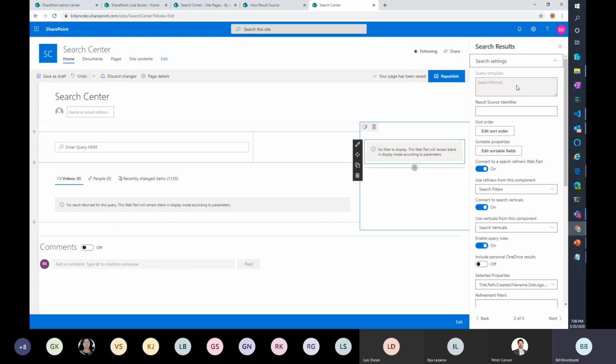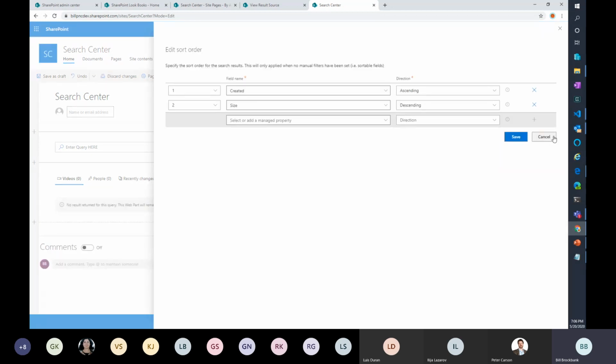The next one you get, if you're doing queries without pulling from somewhere, you're going to be able to set up a query. You can use a result source specific for this. The reason I call them result sources is that you'll need to look up the GUIDs, and that's where you would do some custom query capabilities in SharePoint search. If anybody's ever worked with that, you can do best bets, and you can do a lot of other stuff that shows up in there. This component will pick that up. It might be where you configure a content query example, and you just use the source for this. Or you can use it to pass through values. You can affect the sort order. So when you do this, you'll see all the lists and capabilities that we want to sort by.